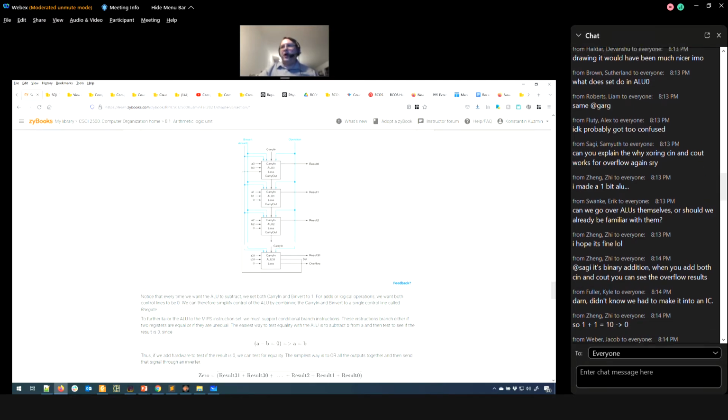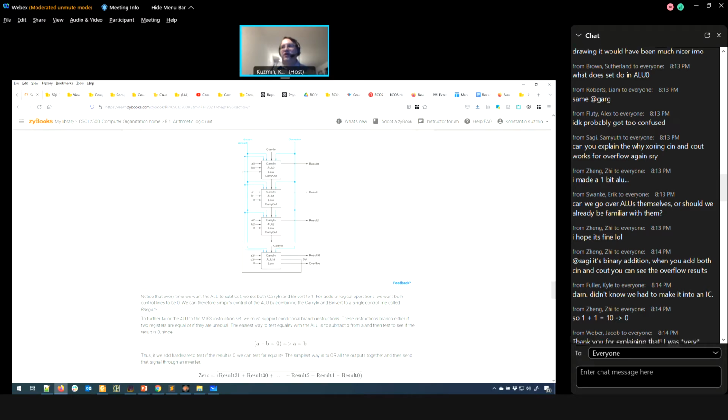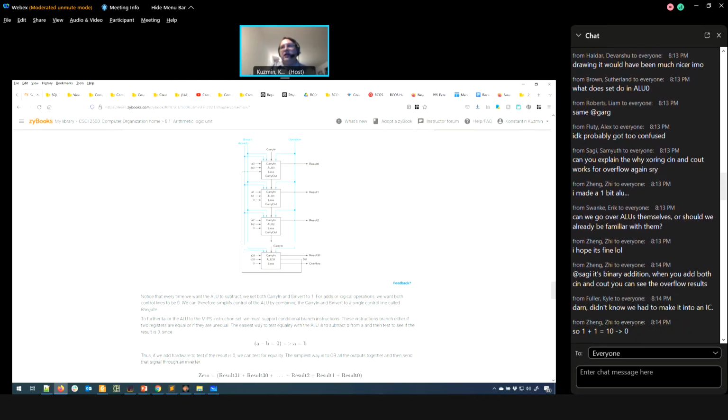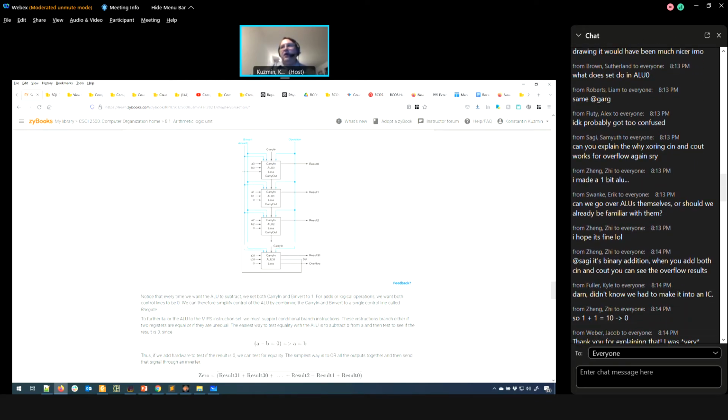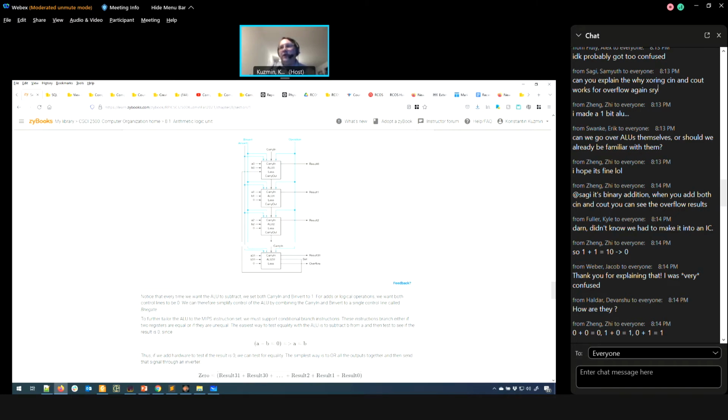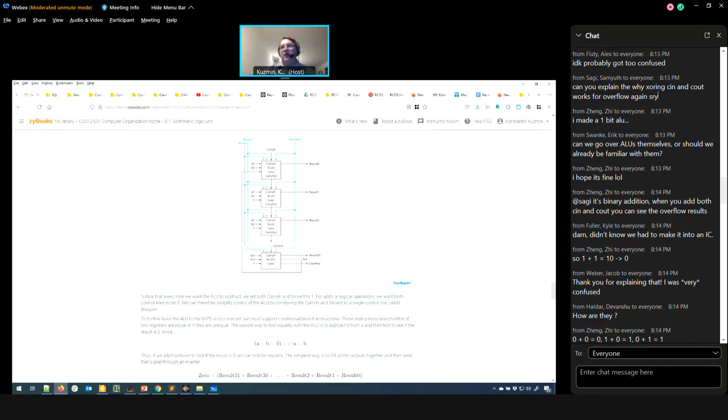Okay, so why does XORing C-in and C-out work for overflow again? You just need to look at all the possible cases, like make a table and analyze all the possible combinations and support them with examples. Like one example you already have when you have -7 and -6, and then try examples that will not cause an overflow, but both operands are positive. So like try adding 3 and 5,